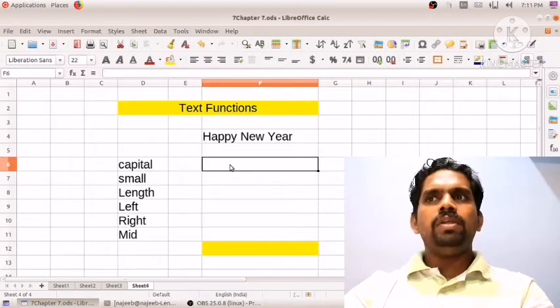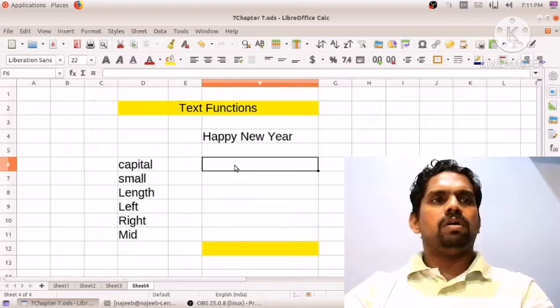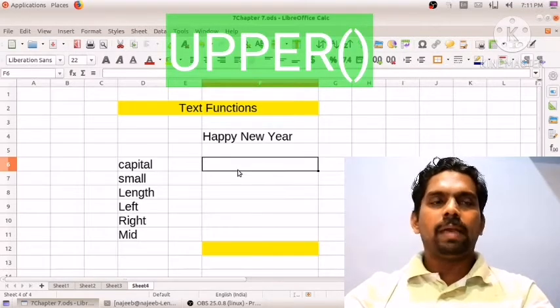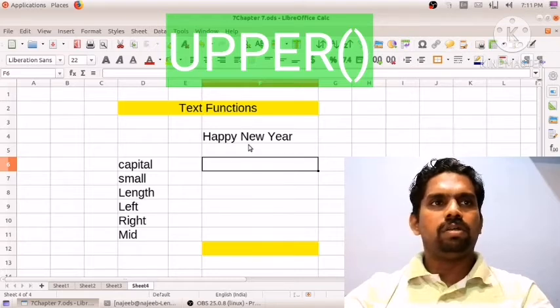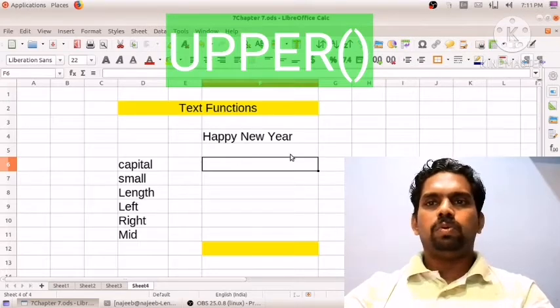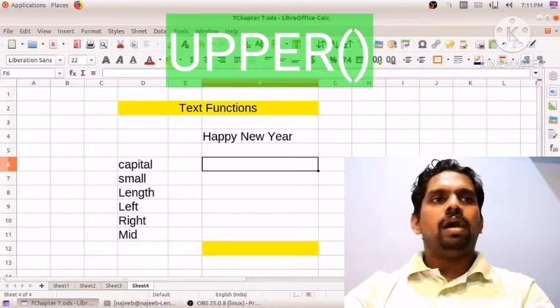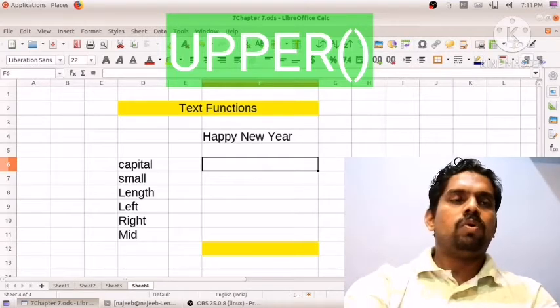So in order to convert this Happy New Year fully into capital letters, for that purpose we are using the upper function. So what to do?